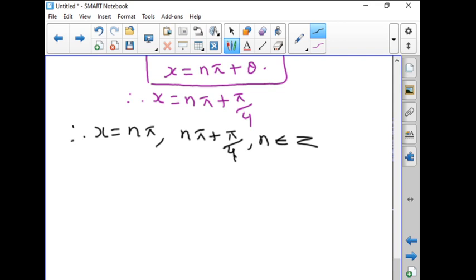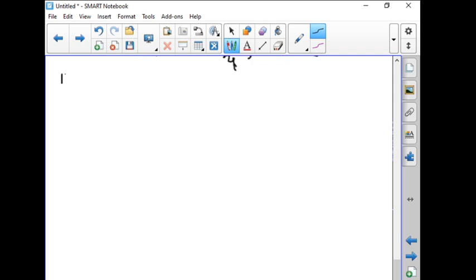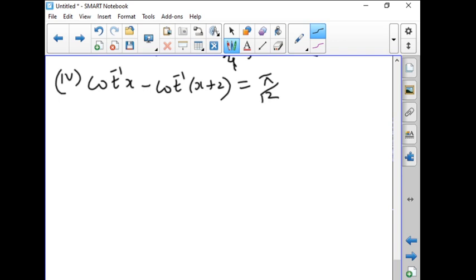Okay. Now coming to the fourth subdivision. Fourth subdivision, cot inverse of x minus cot inverse of x plus 2 is equal to pi by 12 where x is greater than 0. Okay. So now here we are going to use a property. So property,